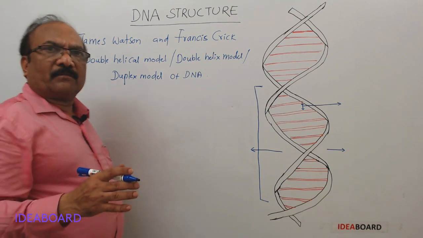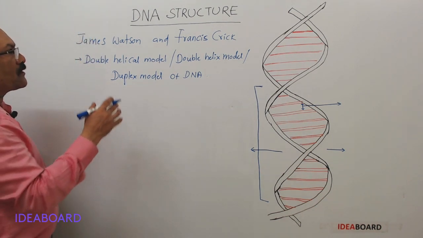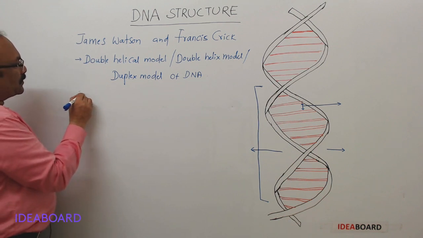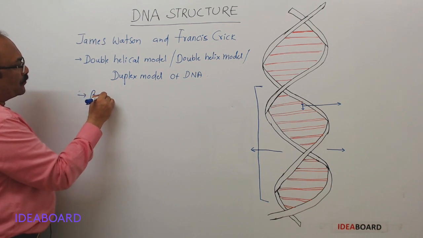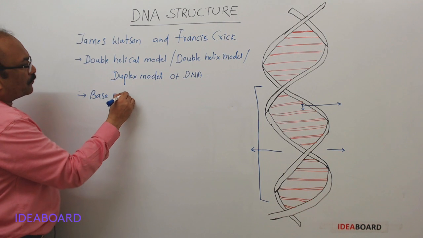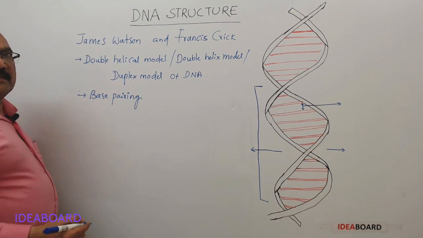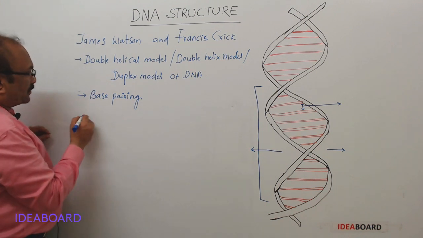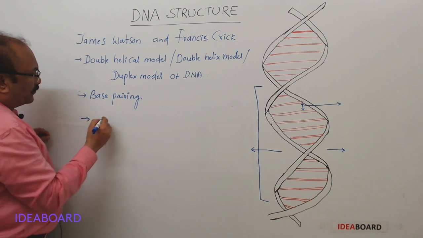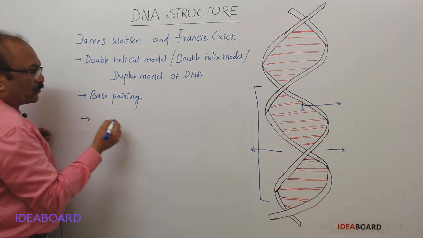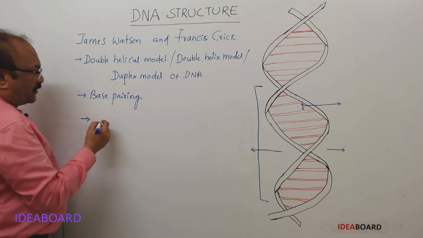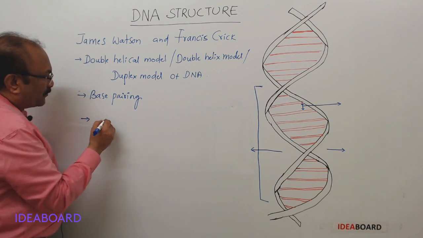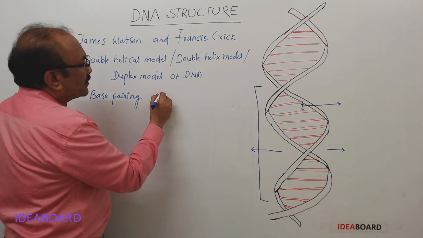While constructing this physical model, these scientists proposed base pairing, which is considered one of the hallmarks of their proposition. Because this base pairing is between two polynucleotide chains, if one knows the base sequence on one strand,